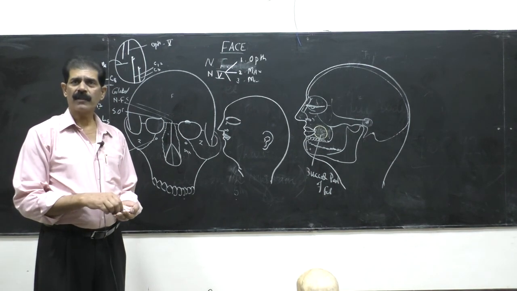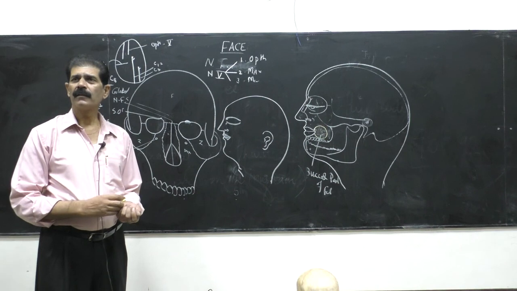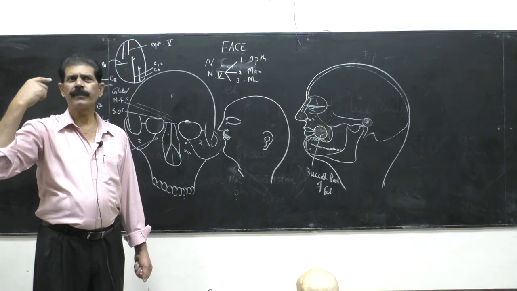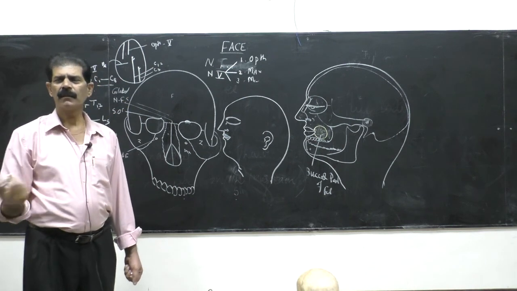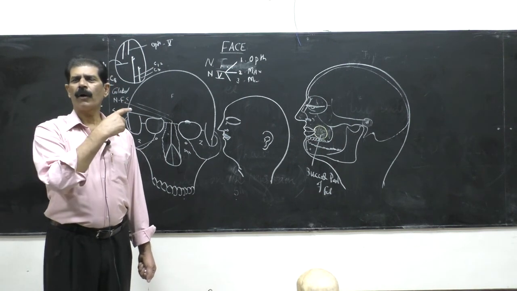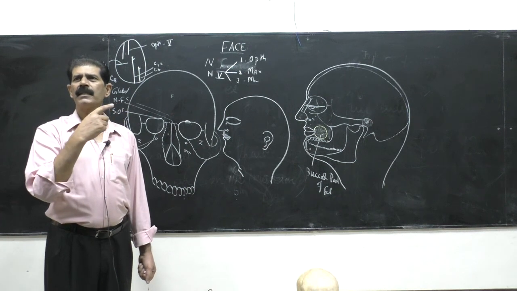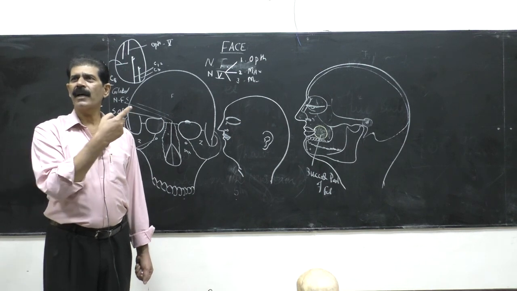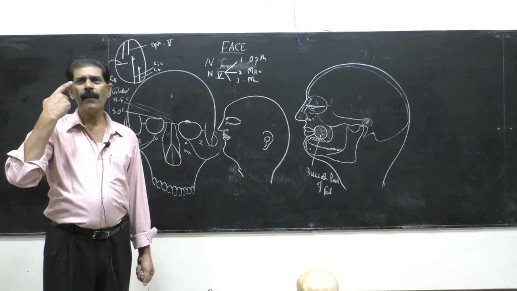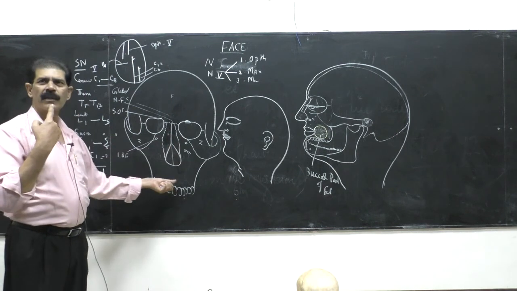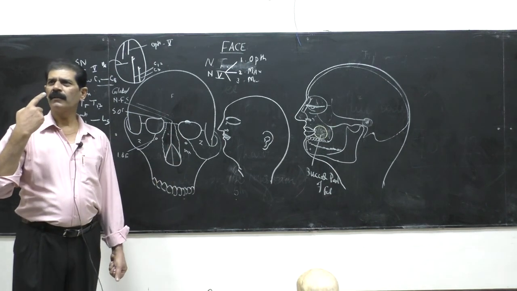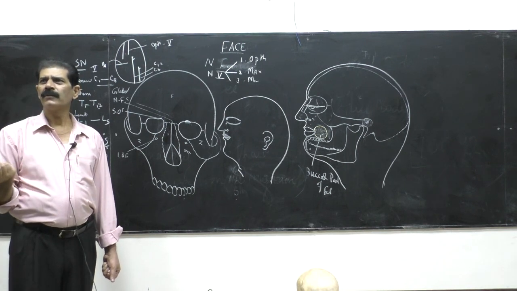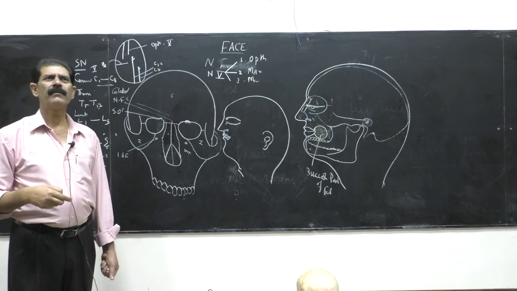First is the ophthalmic division. Ophthalmic means related to the ophthalmology department, the eye department. So the ophthalmic branch will supply the skin near the eye. So that is the meaning. The maxillary branch will supply the skin over the maxilla. And the mandibular branch will supply the skin over the mandible. That is clear. So that's why we name these things.